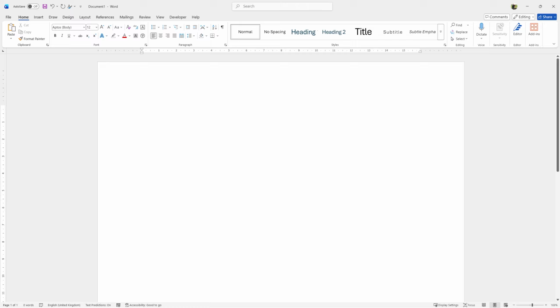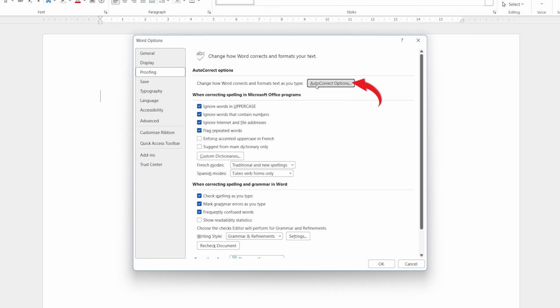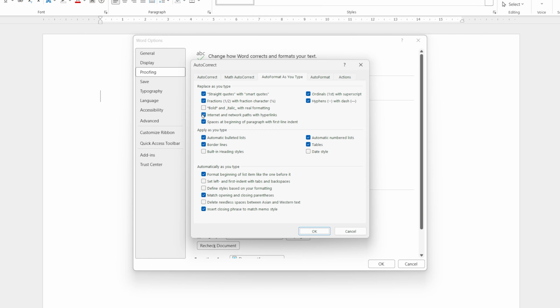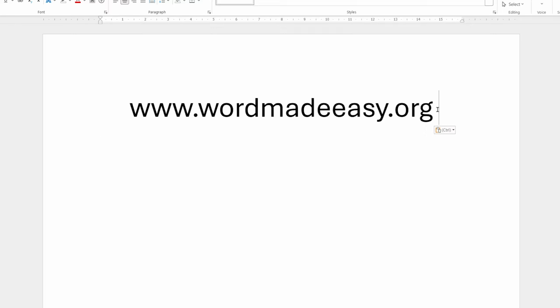In some cases, you don't want hyperlinks to be created at all. Perhaps you're writing a document with lots of different links, but you don't want them hyperlinked. You can do this. Click File, click Options, click Proofing, click Autocorrect Options, and you're going to untick Internet and Network Paths with hyperlinks. Then click OK, and then OK again. This time when I type in my link, and I go next to it, press space, no hyperlink will be